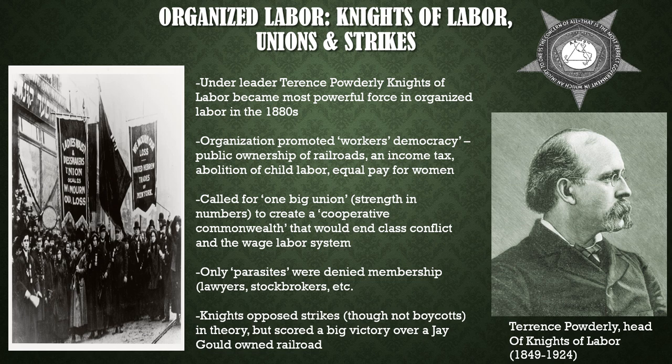They wanted to create a cooperative commonwealth, as it was called, that would end class conflict and the wage labor system. And this then starts to have a Marxist look to it. I don't know if Powderly had read Karl Marx, since this is sort of just at the end of Karl Marx's life, but he probably had at least some familiarity, because these are strikingly similar concepts,